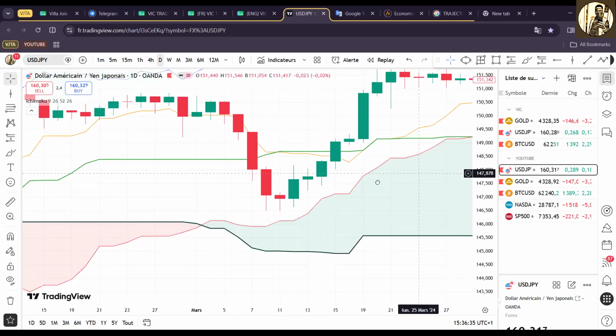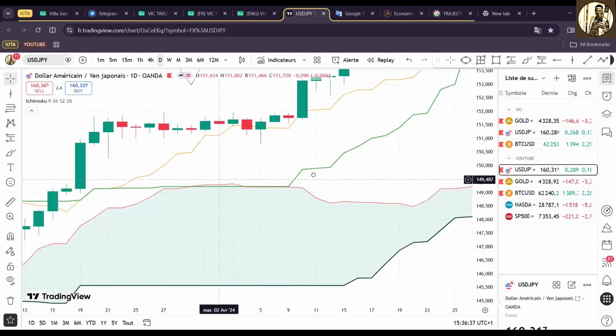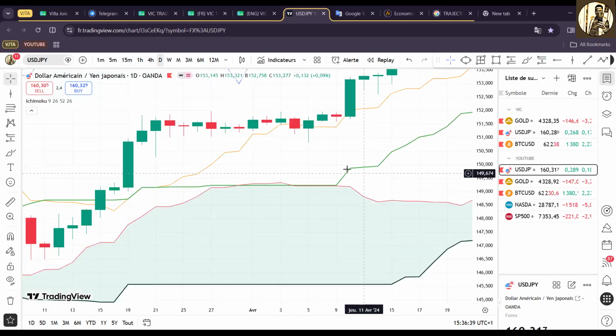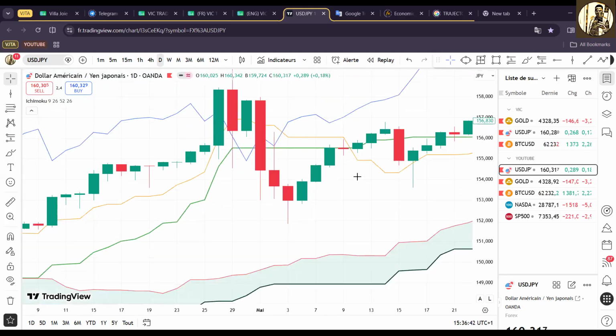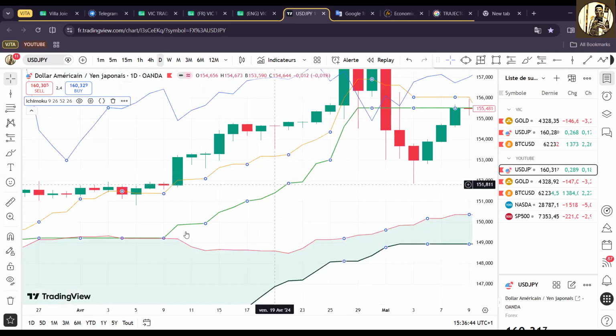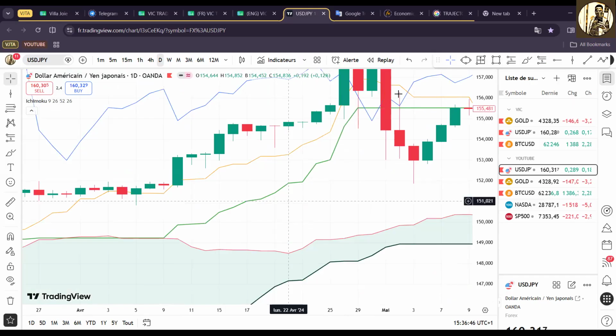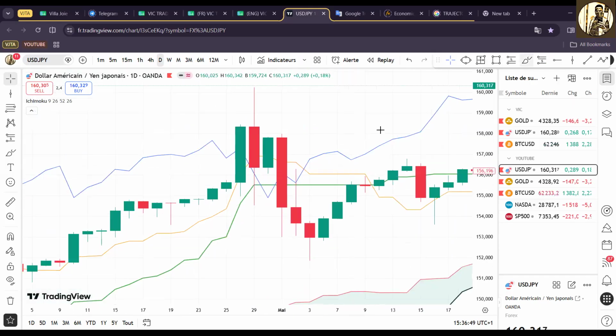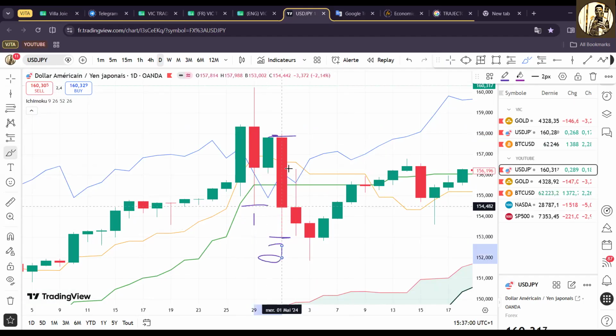Let's look at this one. It's okay. Let's look at this one. During this upturn, right? What happened is that Kijun has been touched here for the first time, and then he went above Tenkan. Then he went back down, touched Kijun for the second time. Then he rose just above Kijun. Then he went back down just below the